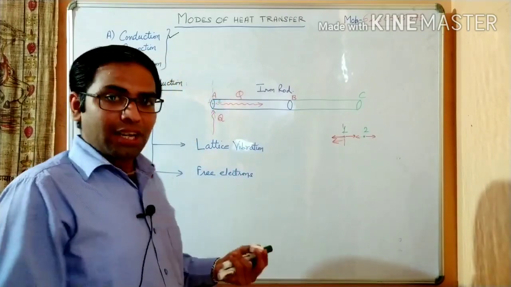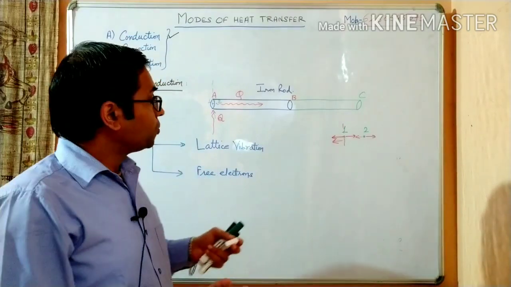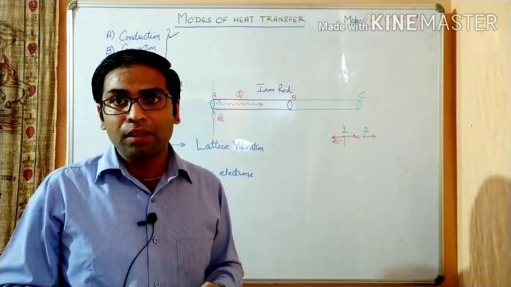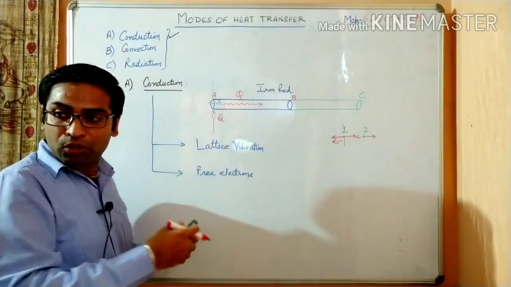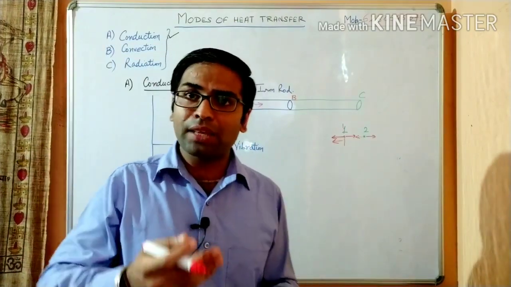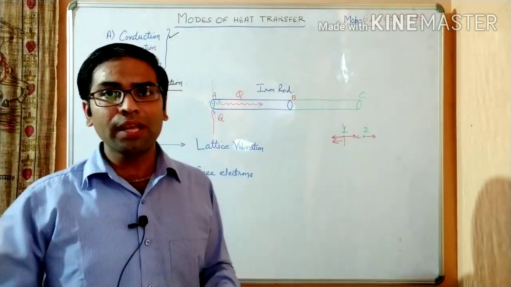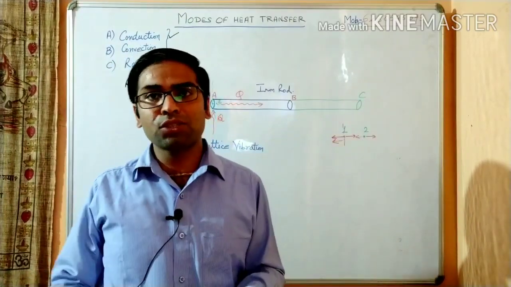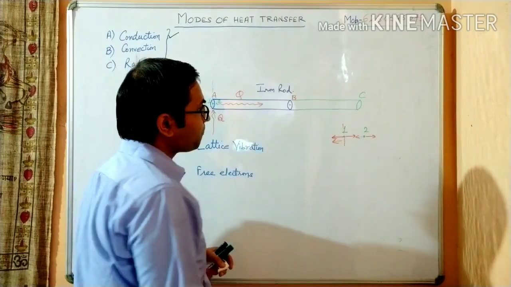So this lattice structure is responsible for a solid to have conductive mode of heat transfer within it. The lattice vibration is there, molecular vibrations are there, and these vibrations are responsible to transfer the heat from one molecule to another molecule, from second to third, third to fourth, and this way a transfer of the heat continues within the solid. And the same thing will happen when the heat will come here.